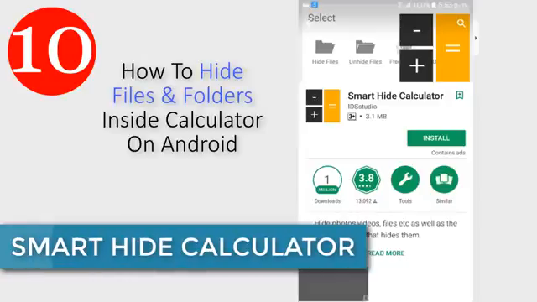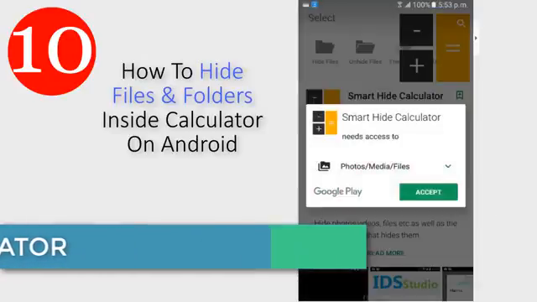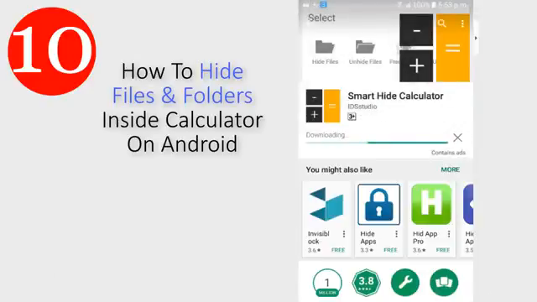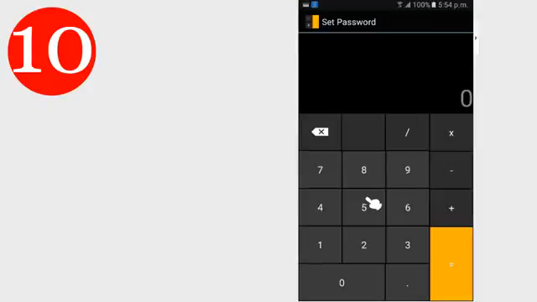First of all, you need to download and install the app Smart Hide Calculator on your Android device. Now open the app and you need to set a password for using this app. This is the password that you will use to unlock your hidden files.